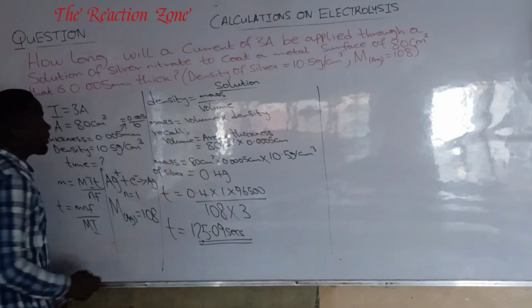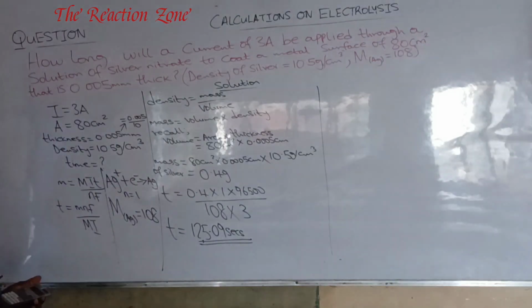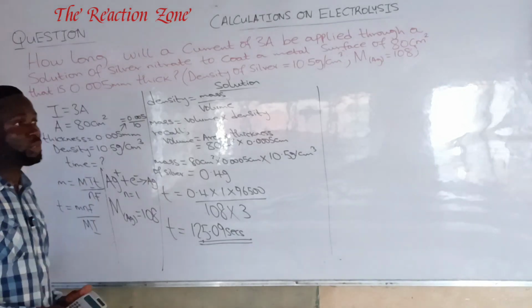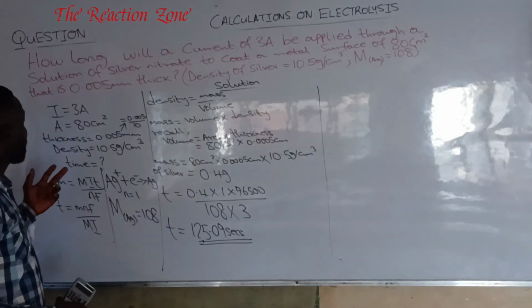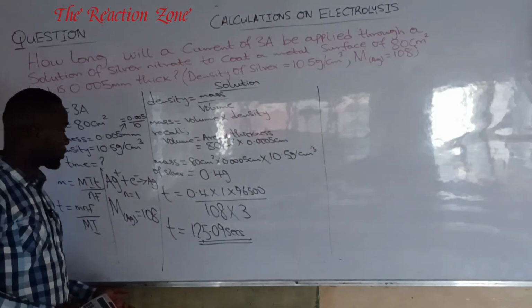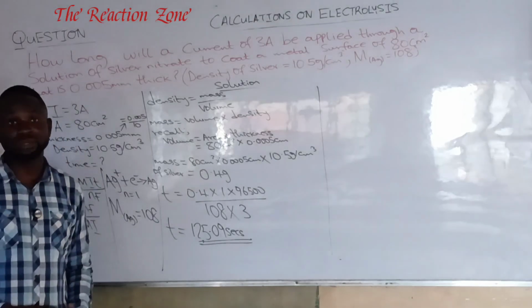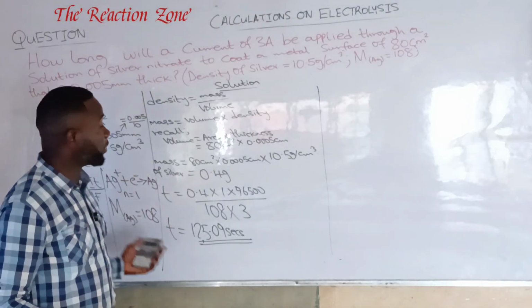So what this means is that the time it is going to take for a current of 3 amperes that is applied to a solution of silver nitrates to coat a metal surface that is 80 centimeters squared and 0.005 millimeter thick. The time it's going to take for it to coat that metal surface is going to be 125.09 seconds. I want to believe that the explanation